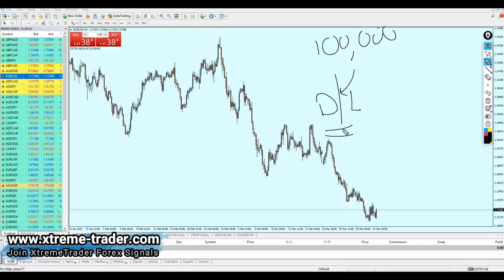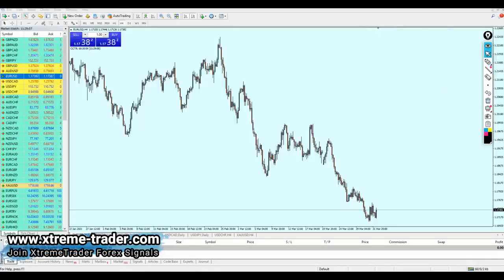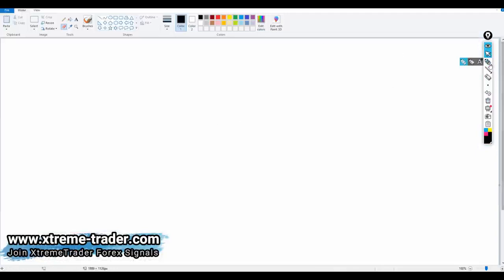Now the problem with most traders is that everyone always has a limit for the daily loss, but I think almost no one has a daily limit for the profit. How much is your daily profit? This is, guys, a very, very important aspect to be a successful trader. The problem here is, I need to explain this again. Let me open Paint and explain it better right here. For example, we have Bob here. Bob is a very happy trader.